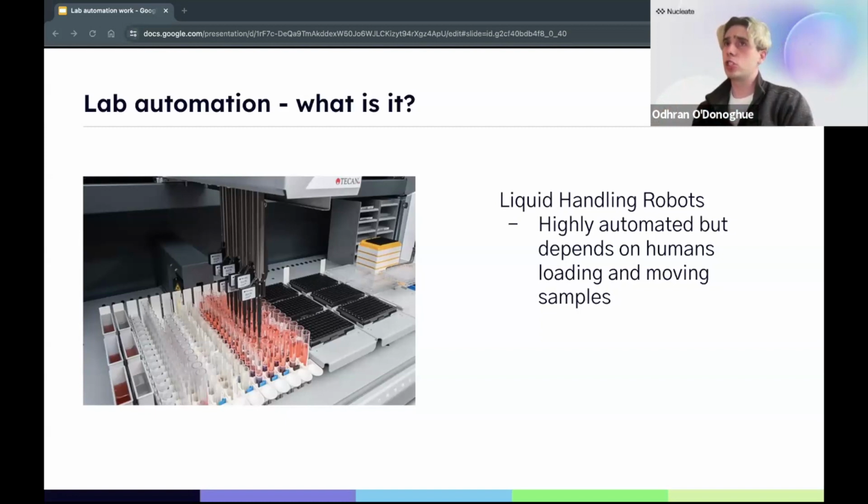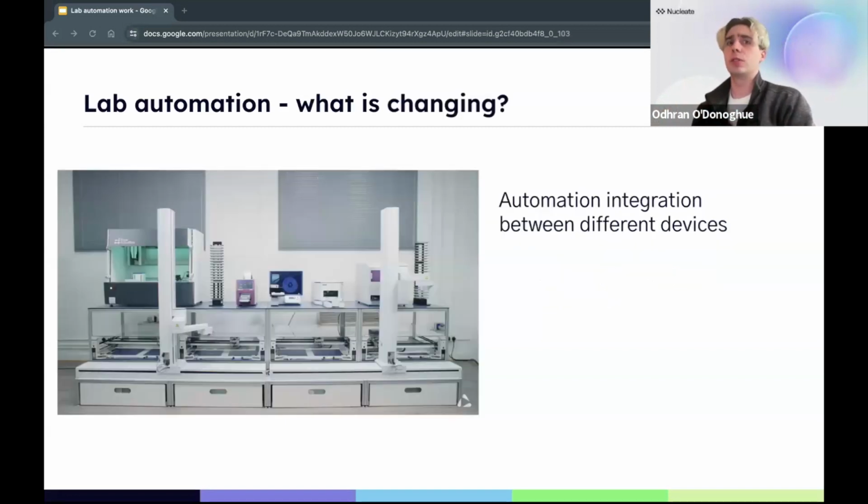So what's changing? In the last few years, we have seen startups begin to adopt these ideas of trying to integrate different bits of the lab together. There are things like Automata, that's one example, Emerald Cloud Labs, which I'll come back to in more depth later. But all these companies are trying to say, okay, this thing is automatic, this thing's not automatic, another thing is automatic. We can kind of glue these things together. This is a good example here. This is an automated system running a plate reader between different other devices and a liquid handler.